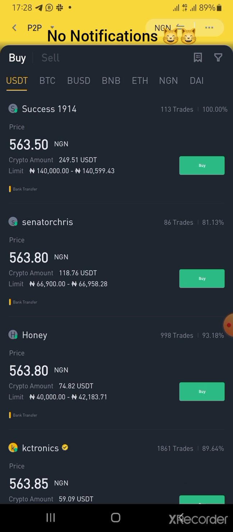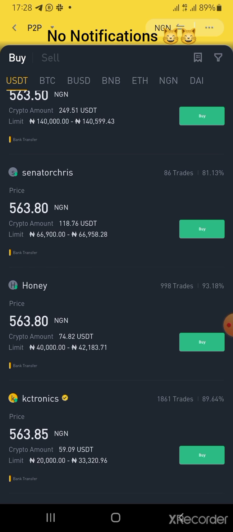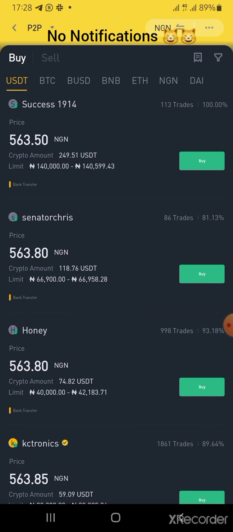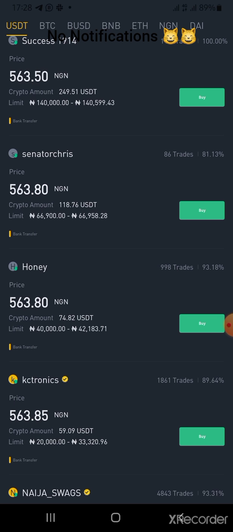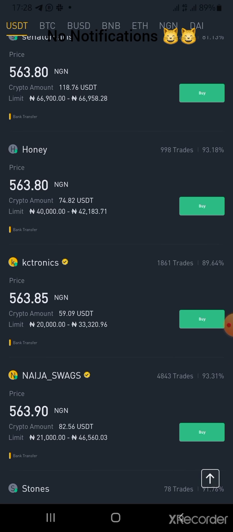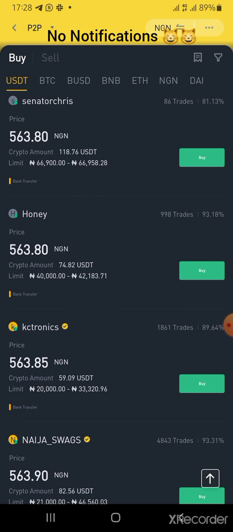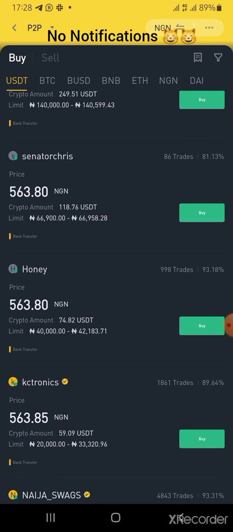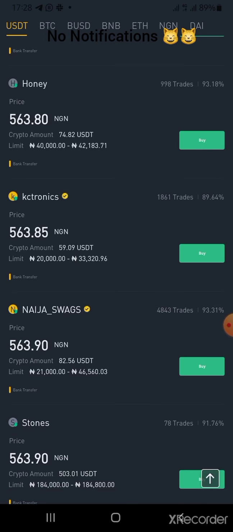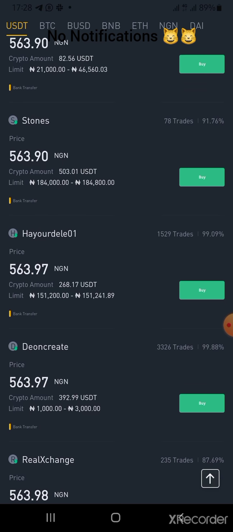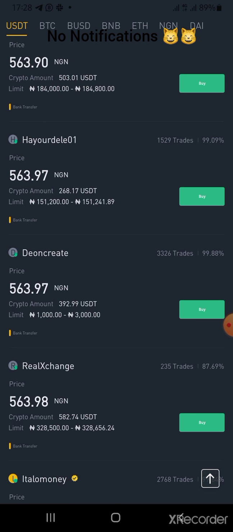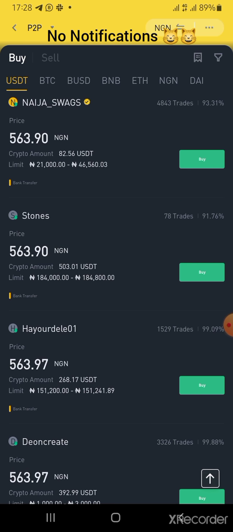Now, on this market, you could see different prices. Some other things you should note when you are trading. How do you choose a merchant to trade with? That is a very big concern that a lot of people have. I'm not saying that there's any merchant I'm endorsing, but to make it easy for newbies who are just coming in: you come to this market, there's a lot of people, a lot of figures, you're confused, you don't know how to go about it. To help you,